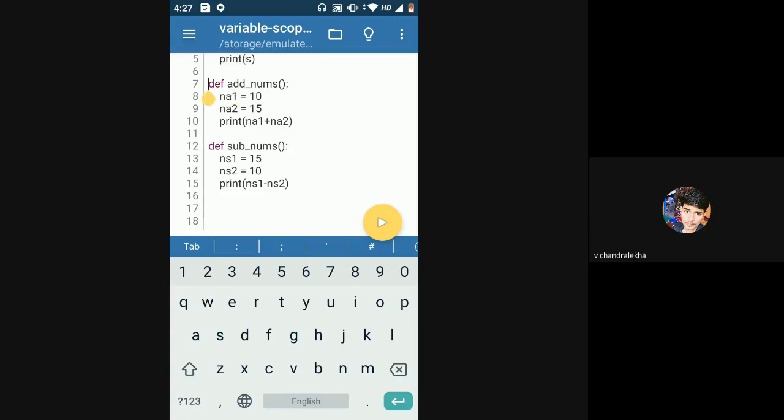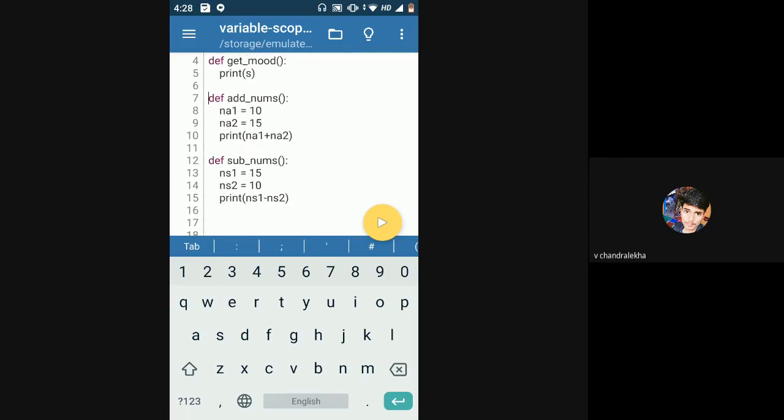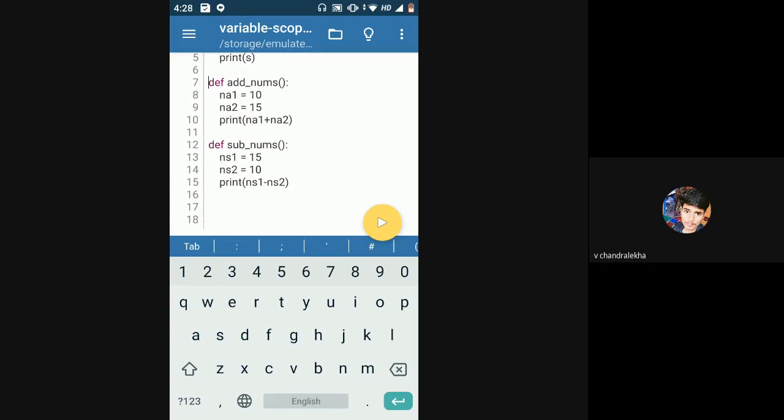Now what is indentation level? It is nothing but space level. From this line, if you check on the left side, there is a line. This def add nums is closer to the line, and all the three code lines below it are a little spaced from the line. This space between the line and where the code starts is called indentation. Since def add nums is closer to the line, it is at level 0 indentation. And since these lines are a little spaced from the left side line, they are at level 1 indentation.